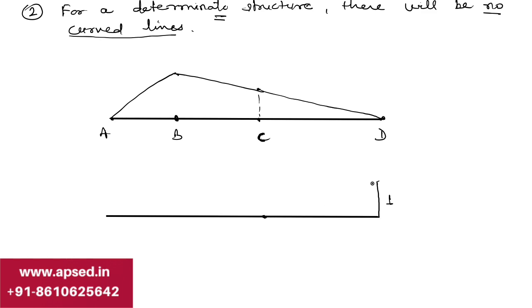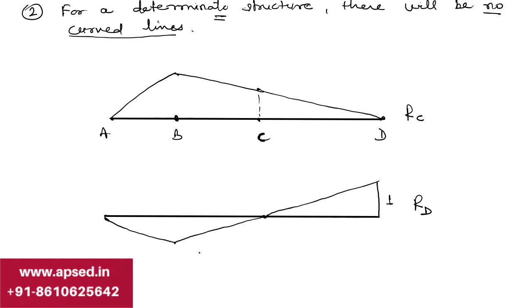So at C, it will be at the support. So here we can join it with a line, and then at B, it is a hinge. So a hinge can move linearly. So here this point can come in this manner. Then at A, again, because it is a support, it will stay here. So this will be the ILD for reaction at D.